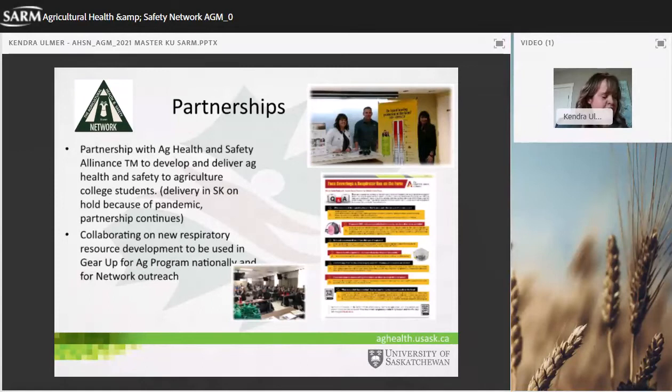So one partnership that I just wanted to touch on is the Ag Health and Safety Alliance. This is the program in which we deliver health and safety information at the college level. That was on hold, but it's being adapted for virtual delivery in some places in Canada and in the US, and we're looking at whether in the fall that be a hybrid version of in-person and virtual, or if we can be in the classroom. So we've continued communication, getting the steps in line to get into the University of Saskatchewan